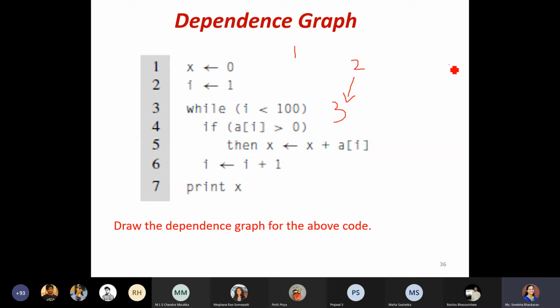So I can say A is a memory part. Whenever I am having A, I can just draw the dotted lines.